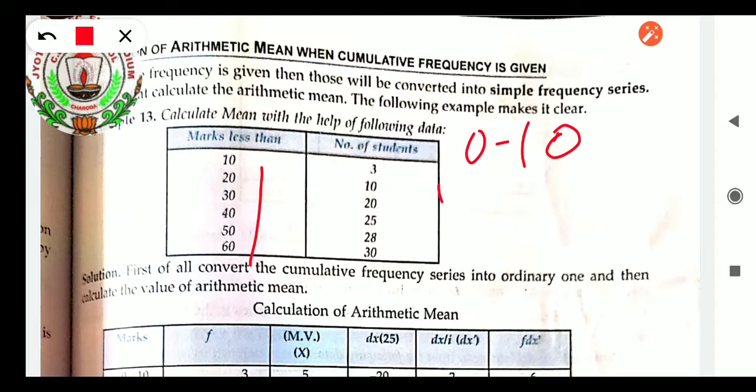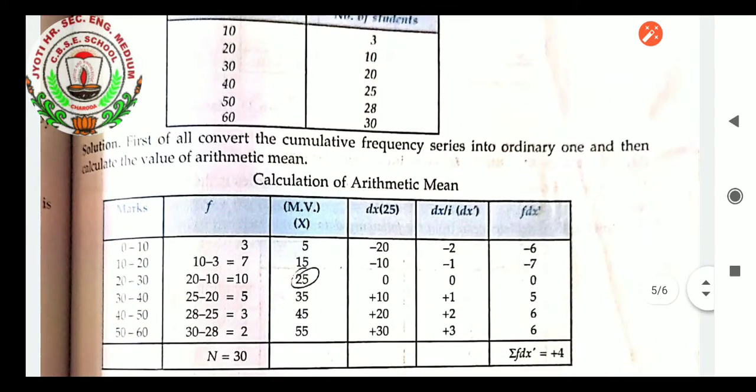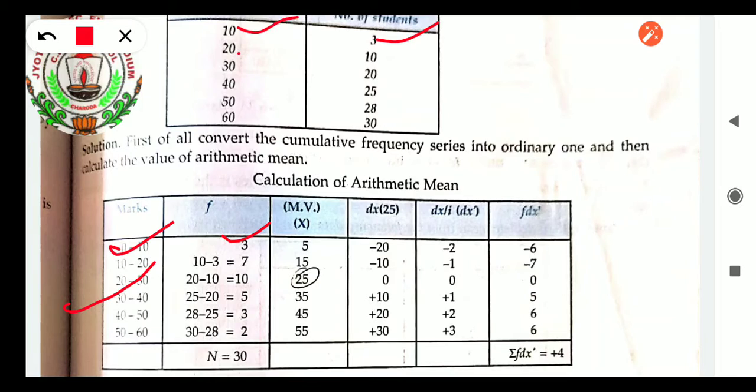Next class 10 to 20, then you can make 20 to 30. So the classes can be made here. I will be telling step by step. So you can see the class has been formed. Frequency, how to write the frequency? 0 to 10 frequency is the same, less than 10 only 3. But less than 20 means it includes the frequency of 10 also. So here what we have to do, 10 minus 3. So here we will get 10 minus 3, 7.